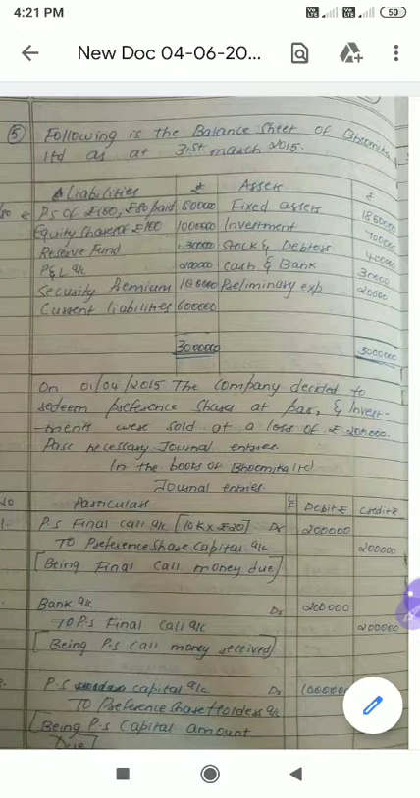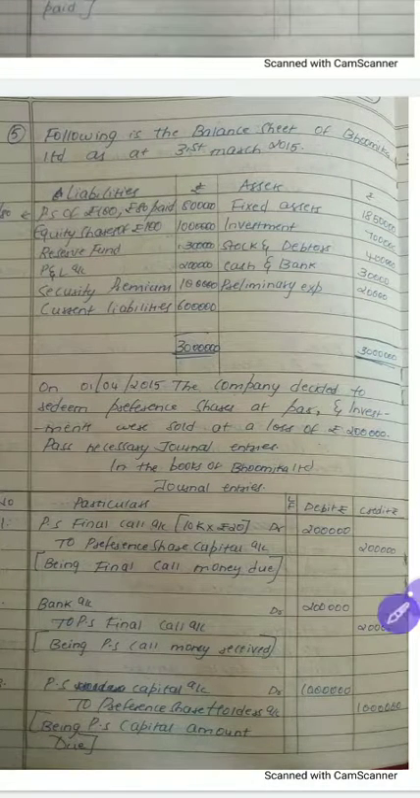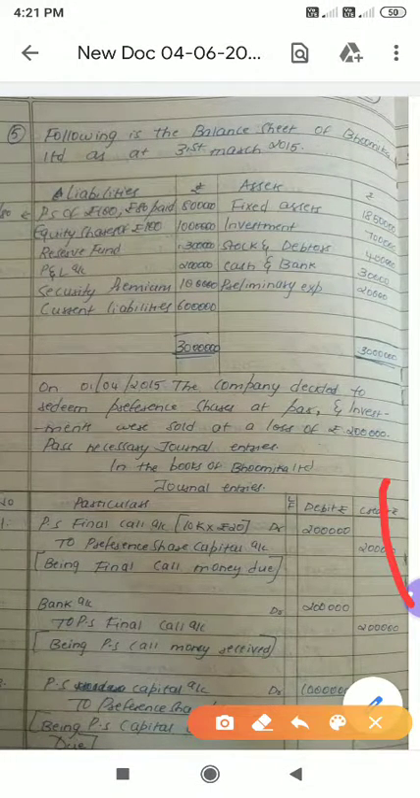And on the asset side, fixed assets 18 lakh 50,000, investment 7 lakh, stock and debtors 4 lakh, cash and bank 30,000, preliminary expenses 20,000. Totally if we add, we will get 80,000. Next, in this next one we have